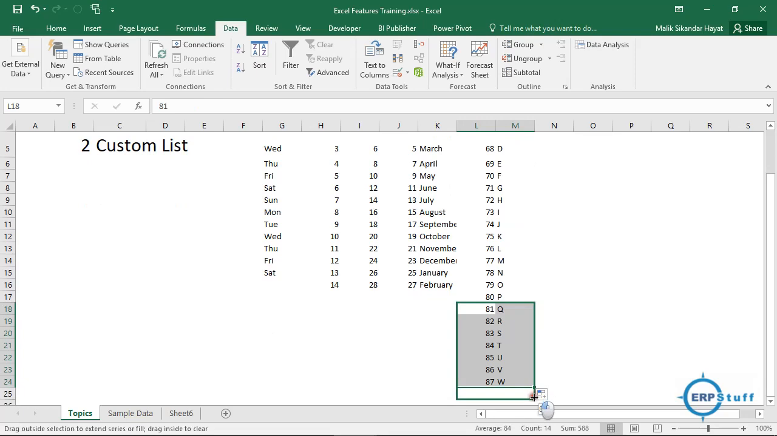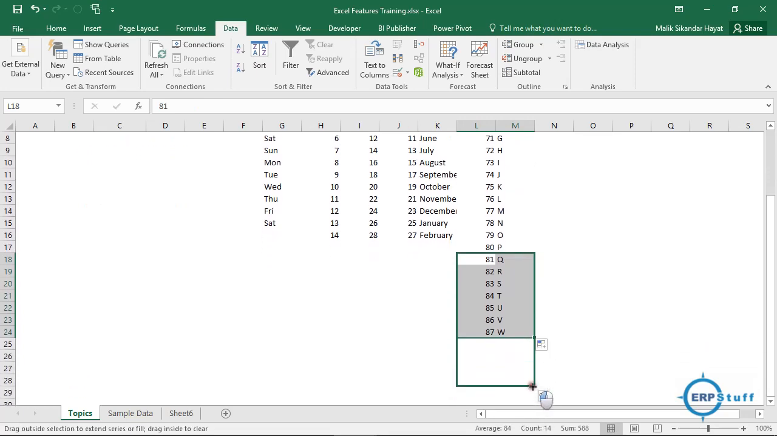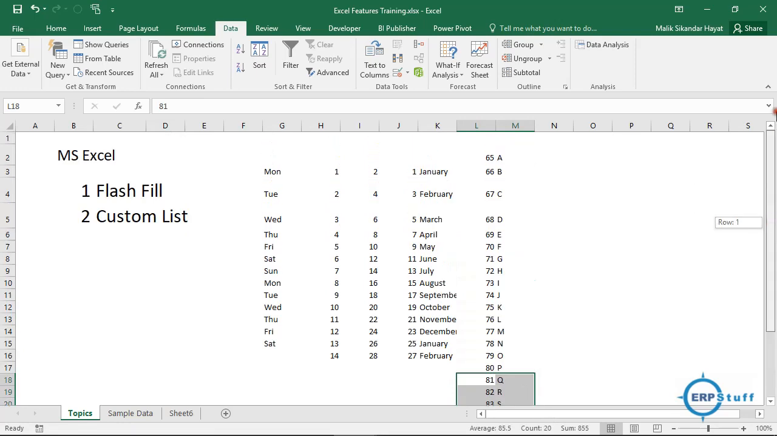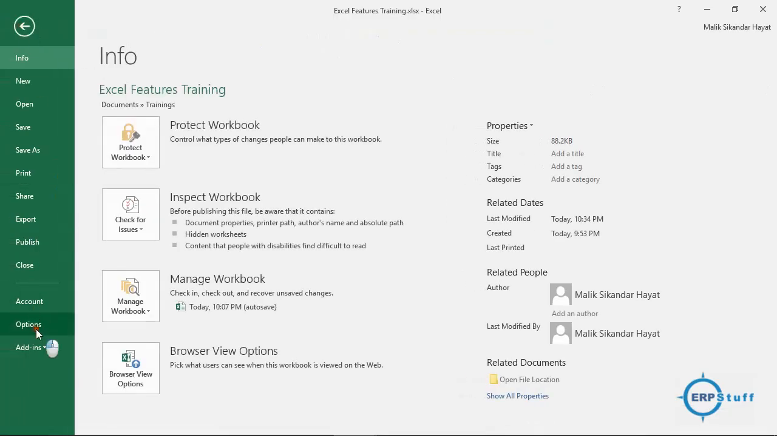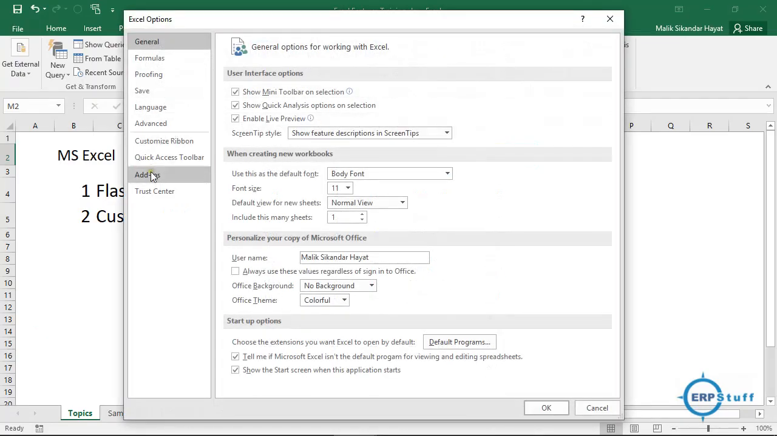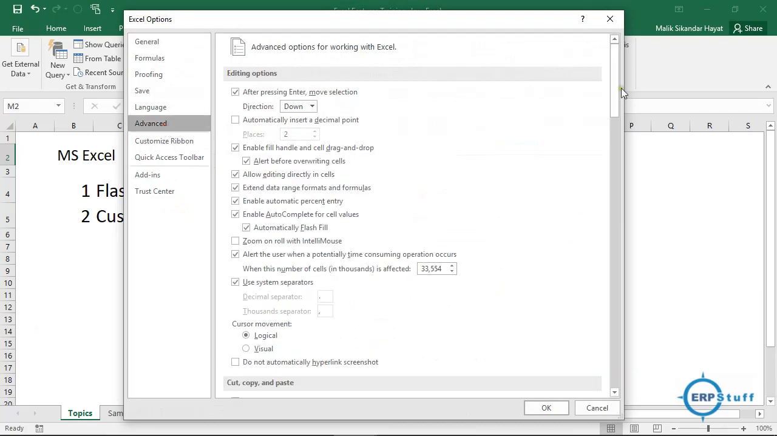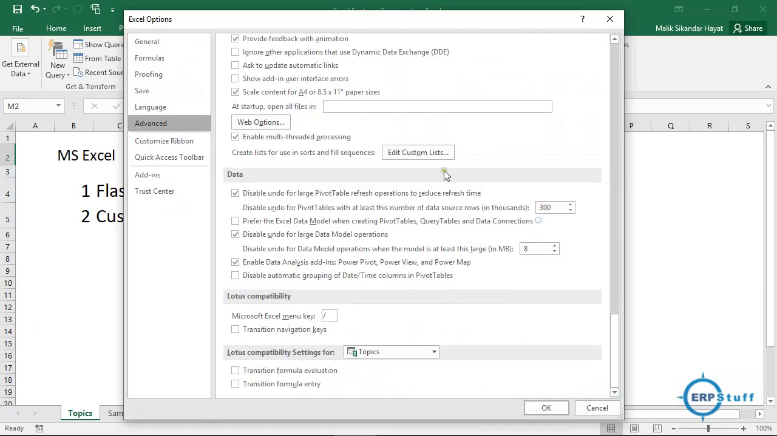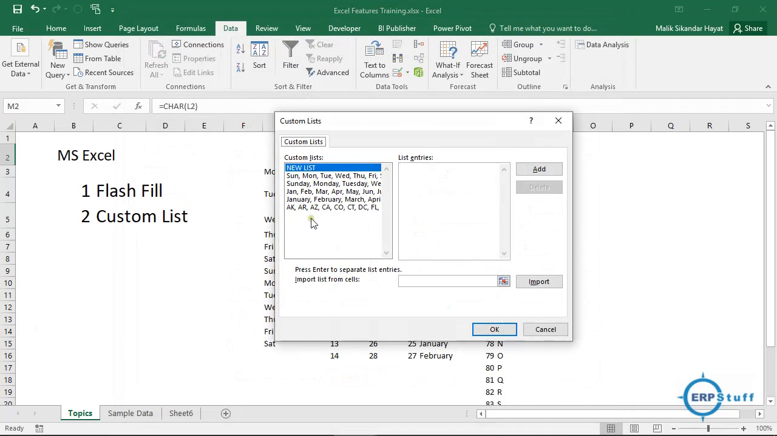W, Y, Z. Right? I got it now. Now let us try over here if it will work, using this function to add to the list, and now I will show you the existing list as well. Go to advanced, go to the bottom, edit list. See that